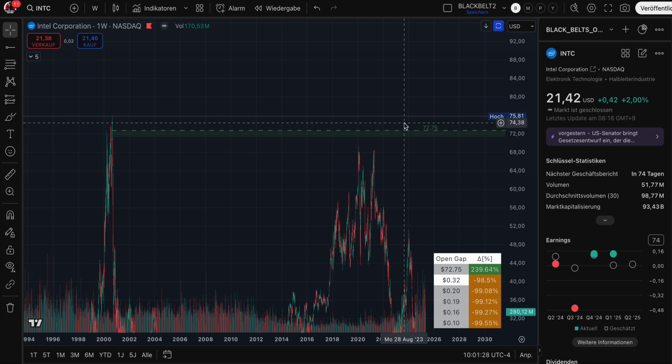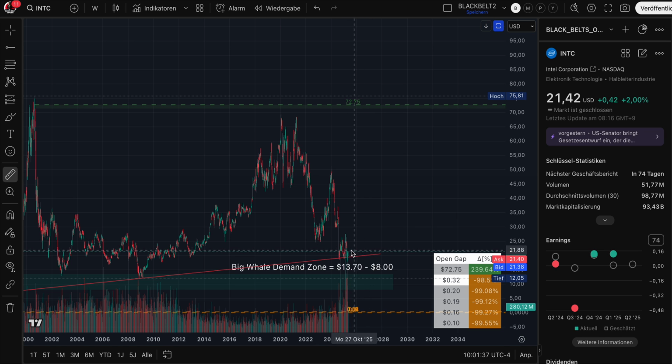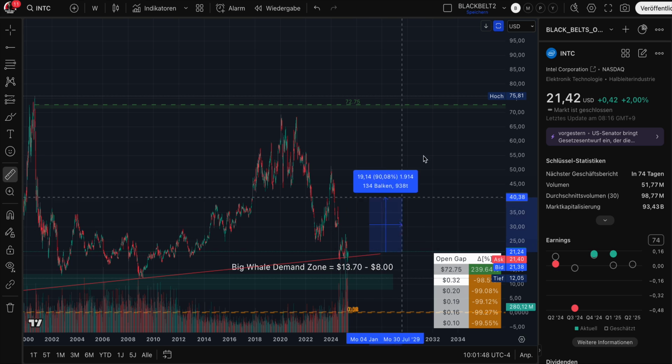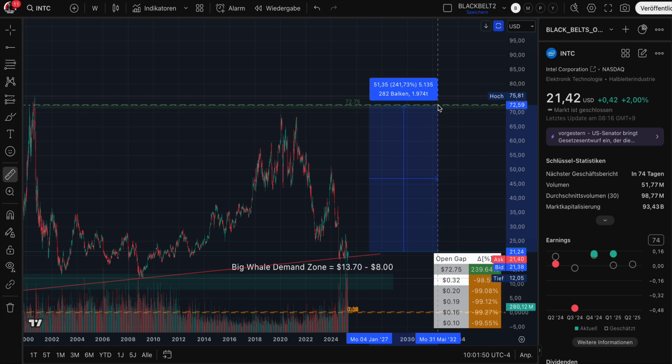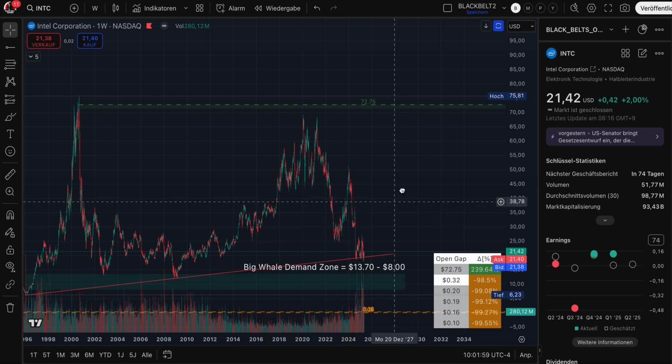And I have no doubt that Intel can, of course, also create new all-time highs, but we have an open weekly gap at $72.75. So just by measuring the actual price today, knowing that the red line is the support, knowing that there is a potential shakeout coming, but between $13 and $8 is the buying zone for the big boys, the big whales, we have from today's price a squeeze or profit potential of 240% in the long-term view, so in the next months or years. And this is absolutely worth it for me.